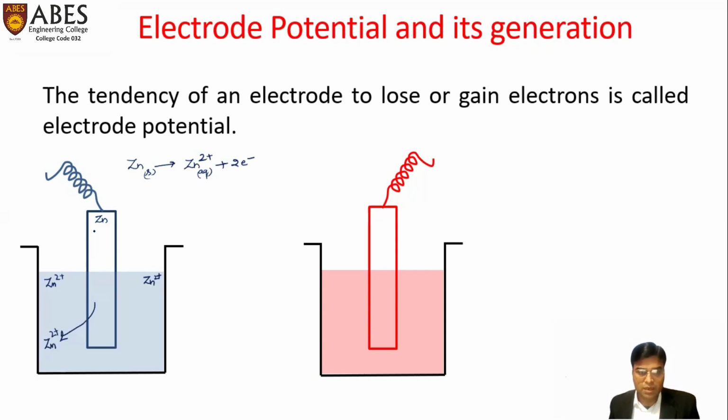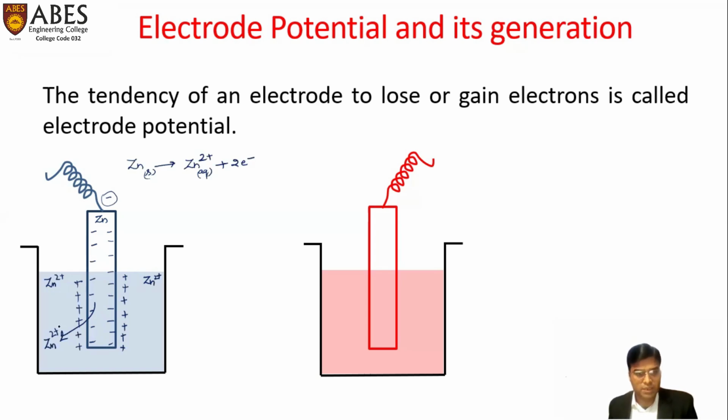Since electrons are accumulated on the metal, it generates a negative charge on the metal. And this negative charge attracts the positive ions from the solution towards it. Hence, a layer of negative and positive charge is developed. And because of accumulation of positive charge here, the metal rod cannot keep on losing the